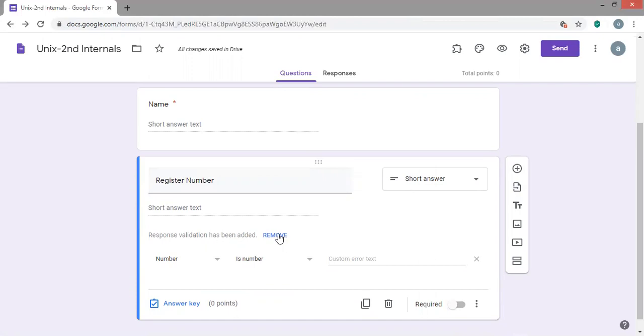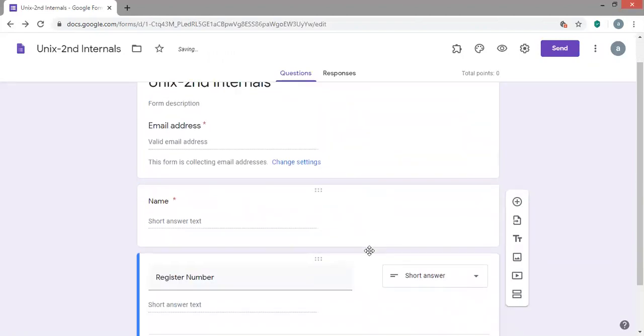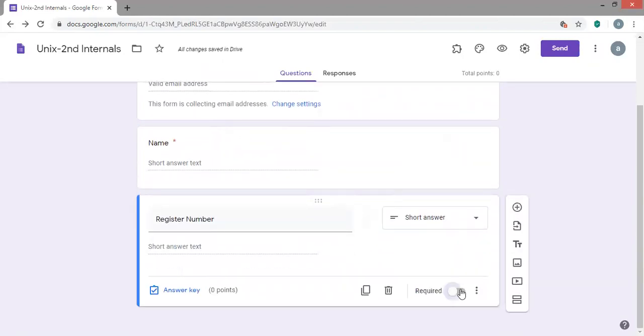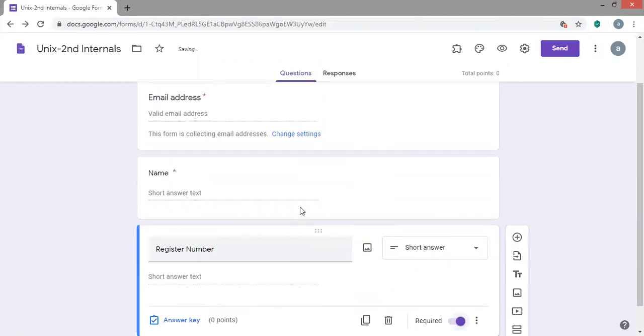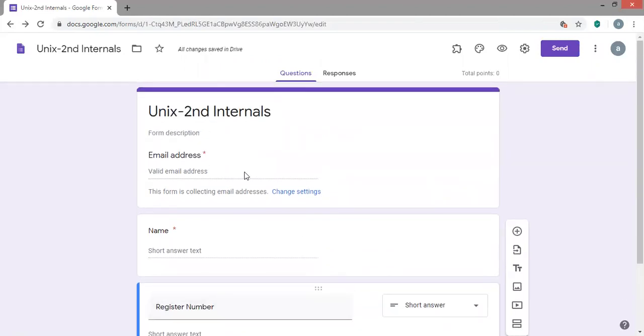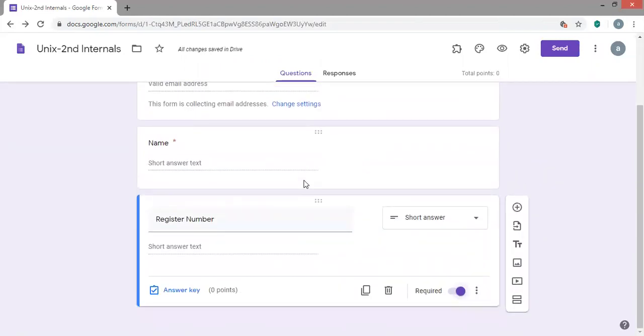Just say remove. It's not required for us because the register number the students enter is alphanumeric. So I'll remove this and again make it mandatory. Once you make this mandatory, you can see that the field becomes mandatory. So now the email, name and register number are mandatory for the students.